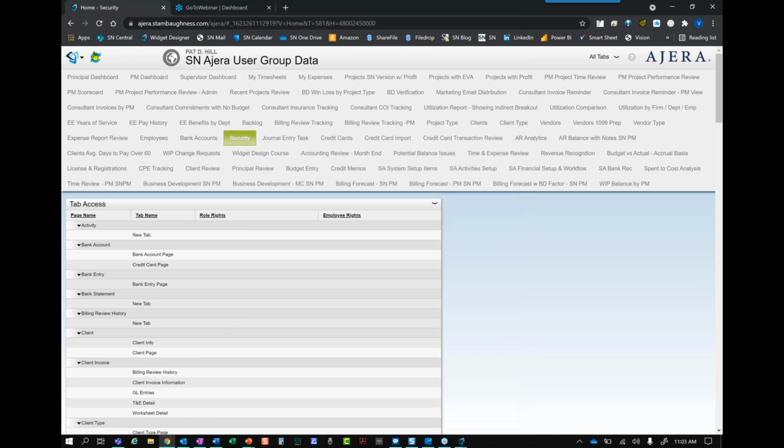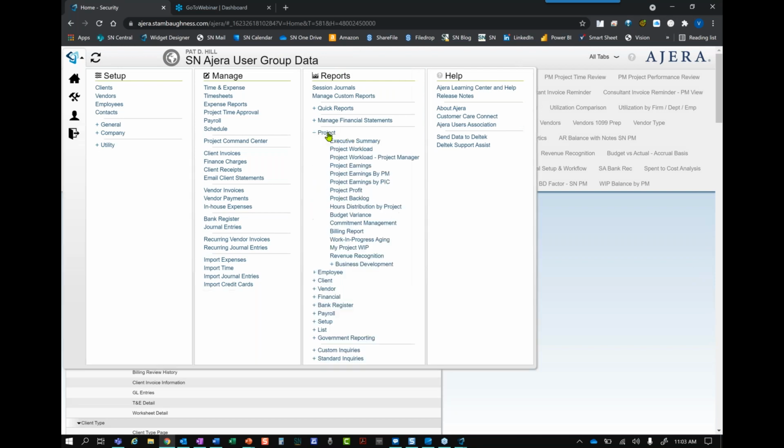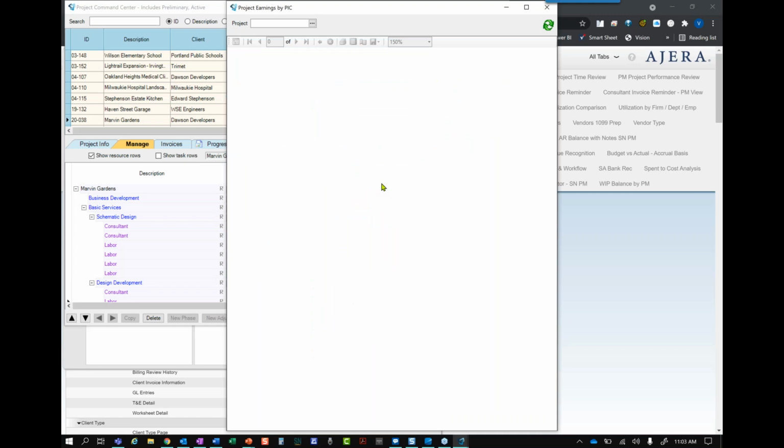Now we'll need to refresh our Ajera menu, but this is pretty cool. That report we just created is here on our report menu. And because I'm an administrator, I'm going to have automatic access to it. And notice there is no blue plus.